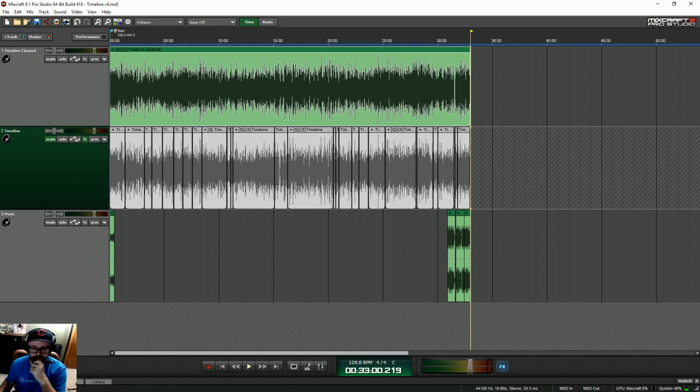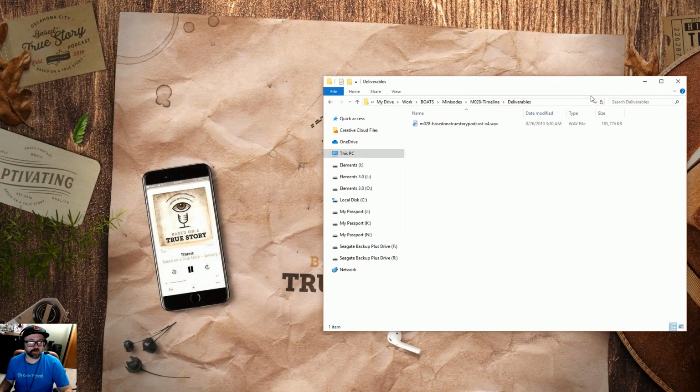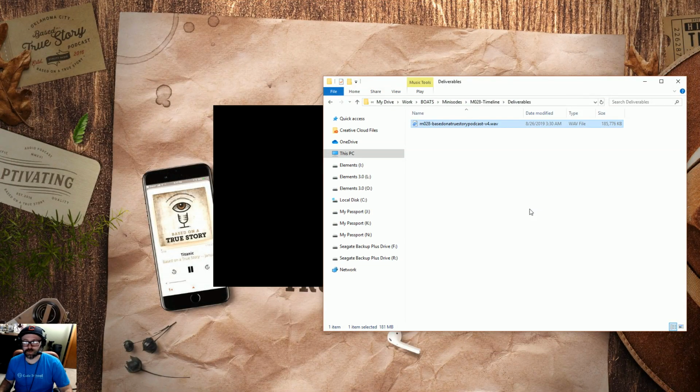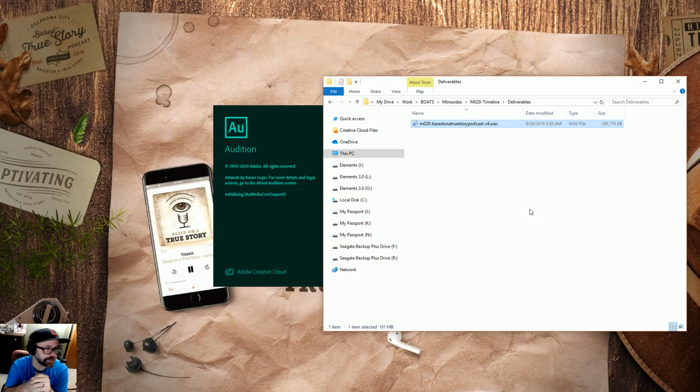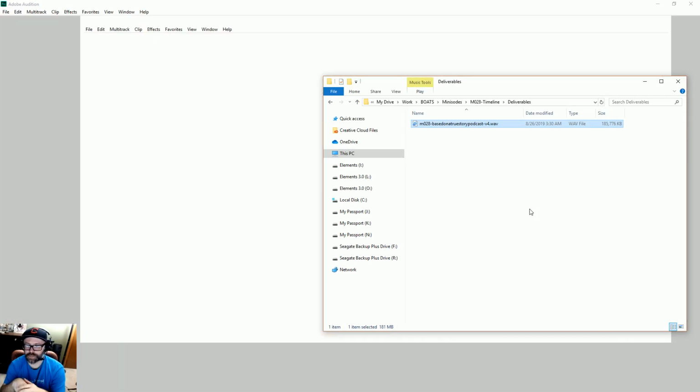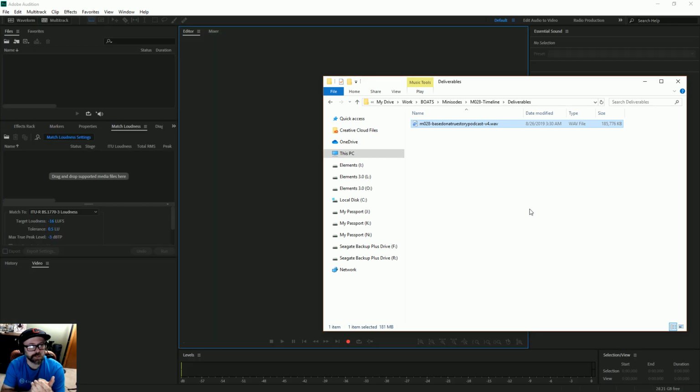That's not too bad. All right, so once that's done, last step here is going to be in Audition. I can get rid of Mixcraft. I don't need that open anymore. Hop over to Audition. And this is one thing I could do in iZotope, except the Elements version of iZotope does not allow you to save MP3s. And so I don't do it in there.